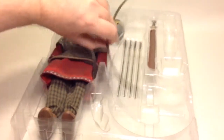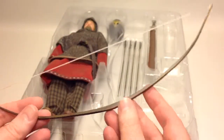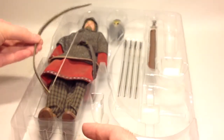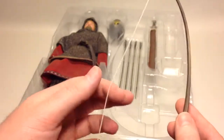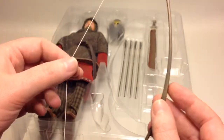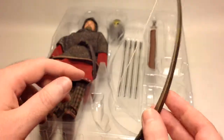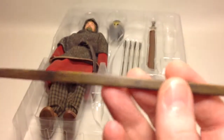And yeah, the bow is pretty easy to get out. The bow, I think my brother called it, it looked like an English longbow. The bow is about as tall as the figure itself. So it's a tall or long bow. It's a real string, but I don't want to put too much tension on it, because I don't want this string to break, because it's the original string, as it all the other